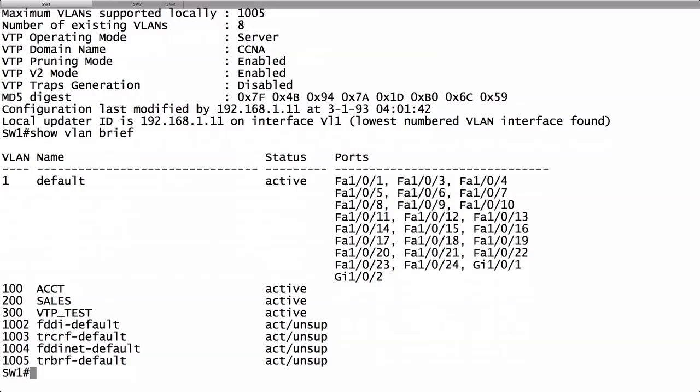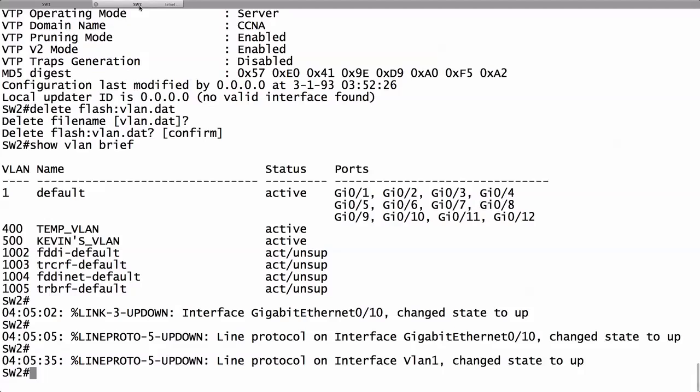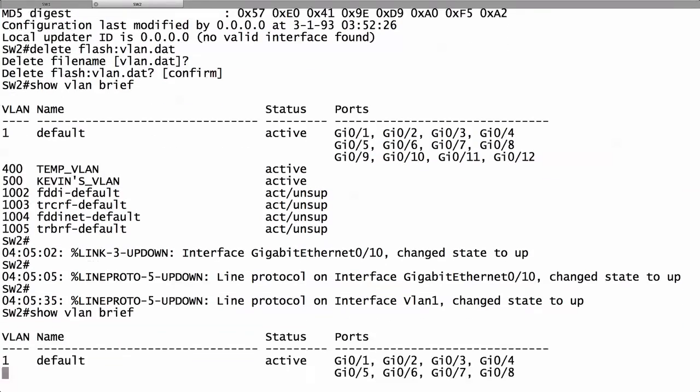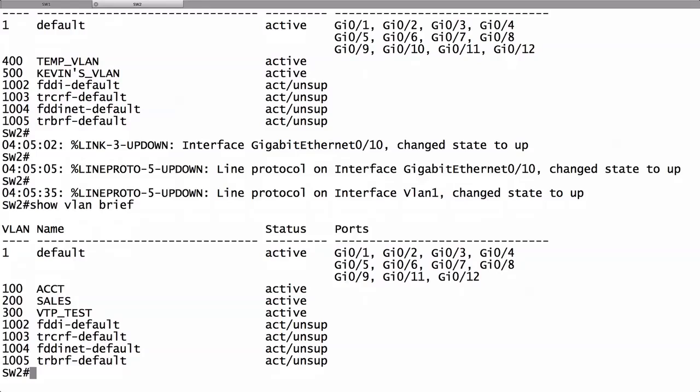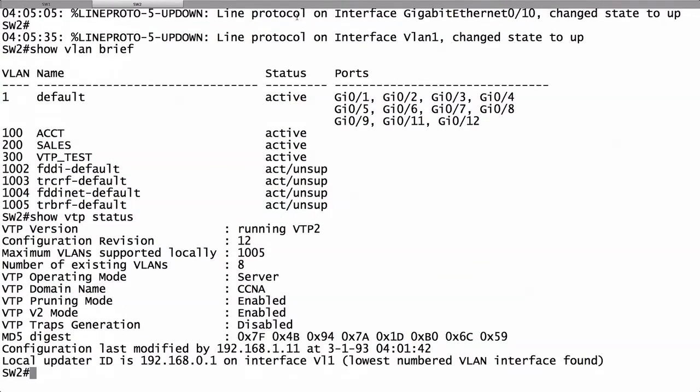Why? Because we connected that switch, SW2, to the network with a configuration revision number of 0, much less than 12. Let's take a look on switch SW2. Show VLAN brief. Fantastic. We have updated this switch's configuration based on what we learned from the other switch. If I take a look at the VTP status, we've got a matching configuration revision number, meaning we have now